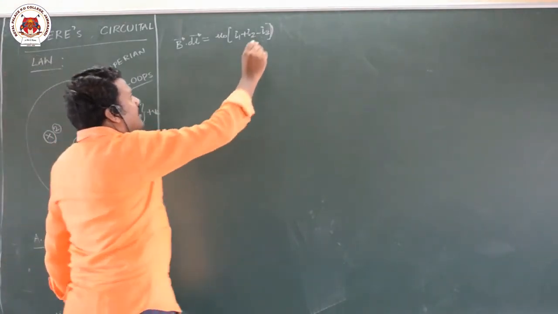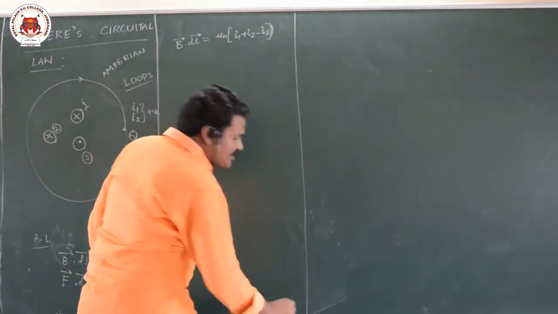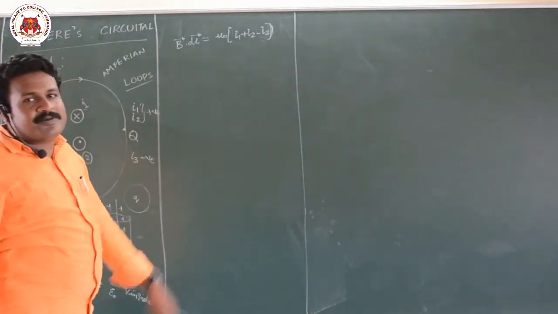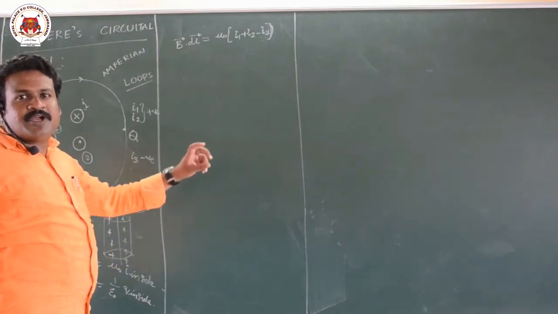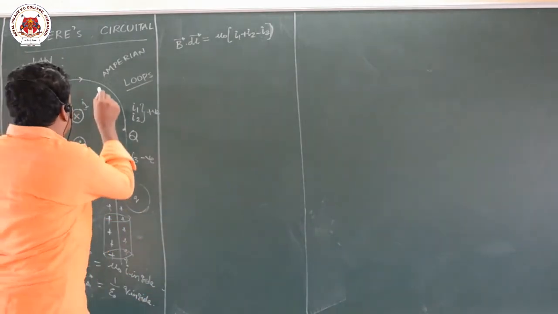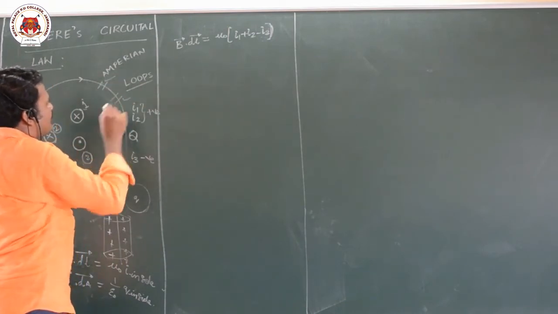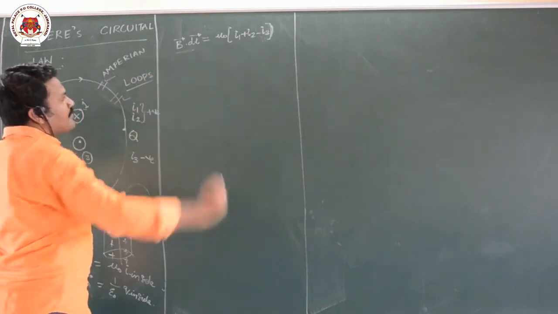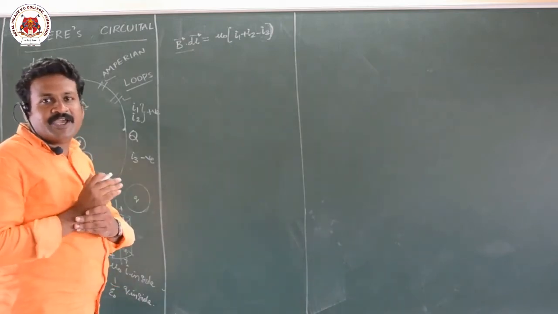This is the definition, line integral. This is the definition and explanation about Ampere's law. What Ampere's law says is the line integral of B bar dot dl is equal to mu naught times the current present inside the loop. That means we will take small elements of this loop, here some small element, here some small element, and like that we go on integrating, and we will get B.